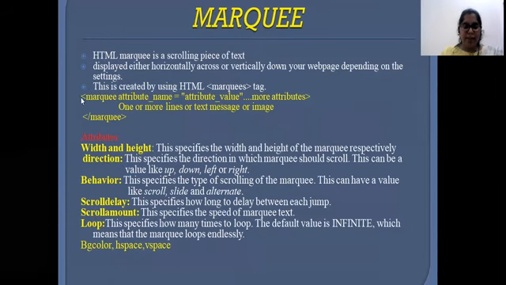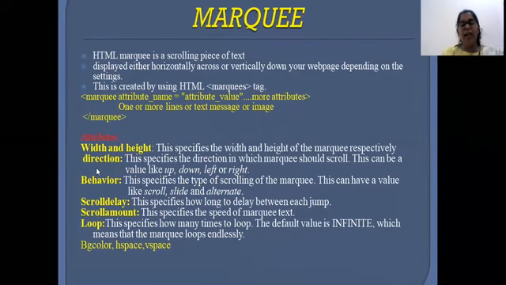And the syntax of this tag is marquee, and it has multiple attributes and their attribute values. And finally, whatever content we want to scroll, that content we need to mention, and there will be a closing for that. So there is a list of attributes for marquees. The first one is height and width. How much height should be given for the scrollable text, and how much width will be given, those two will be mentioned with the help of the height and width attributes.